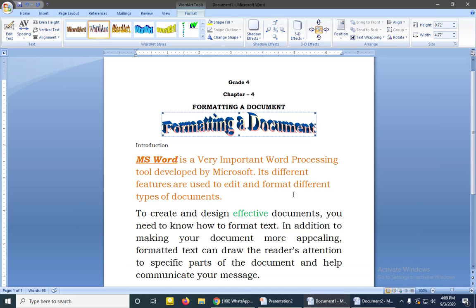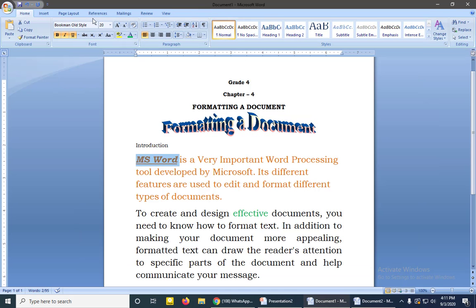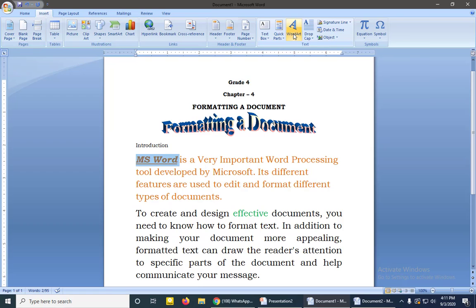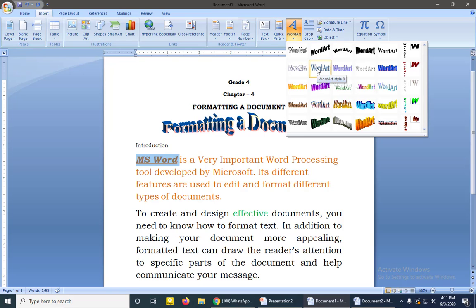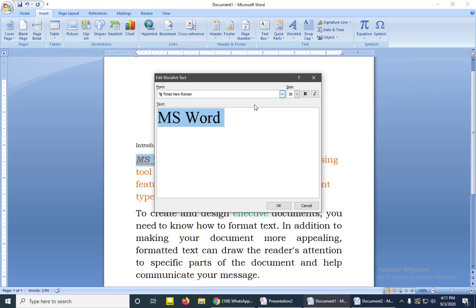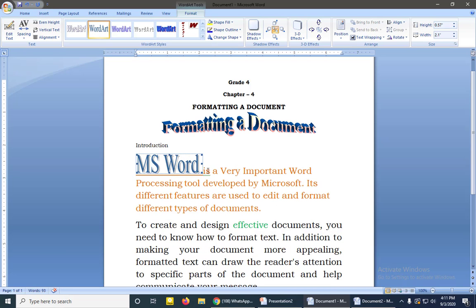So we'll see, here we have the text MS Word, then click on the insert tab, then click on word art. You can select any of the formats. So already the text is inserted, so click on OK. See, it will be converted to the word art format or the style, whichever you select, then you click on OK.